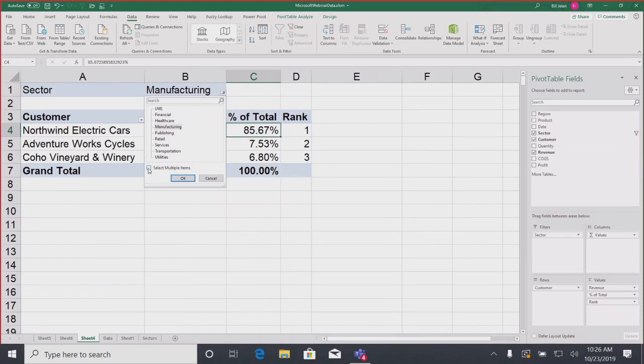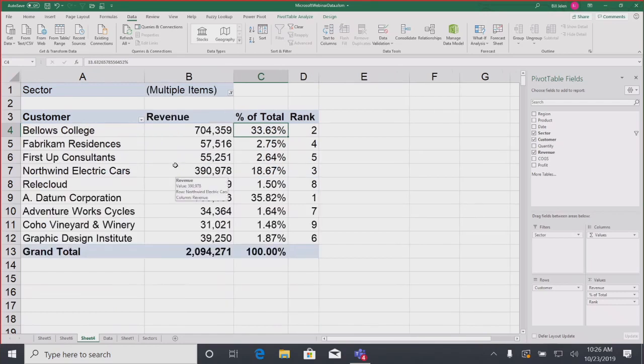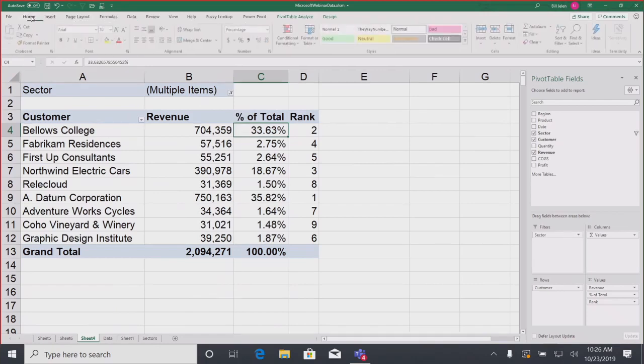And in Excel 2007, they gave us the ability to select multiple items. So I could choose manufacturing and services. All right, but what I really don't like about that is this word multiple items. Like, what multiple items? If you print this out, no one's going to know what this means. And I kind of had a discussion with the guy in the Excel team who created this. I said, why don't you put both items there? He's like, well, it's not going to fit. I'm like, well, it would fit if you used the shrink to fit.